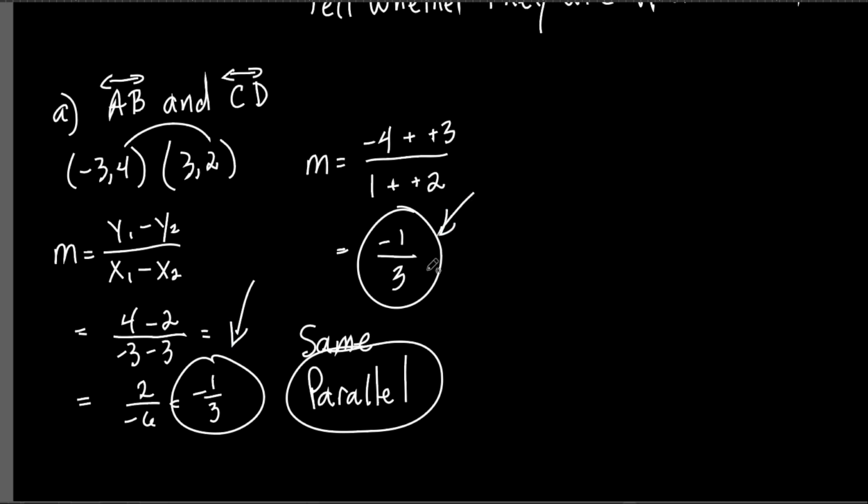You have to show me that they're both exactly the same slope. If they're both exactly the same slope, then they're parallel. On a quiz or a test, if I give you this question and the only thing you write down as an answer is this, I'm marking it wrong. You hear what I just said? If I give you this question on a test